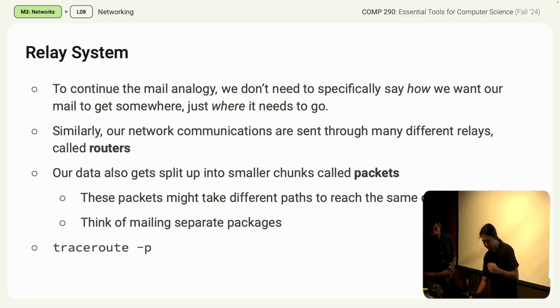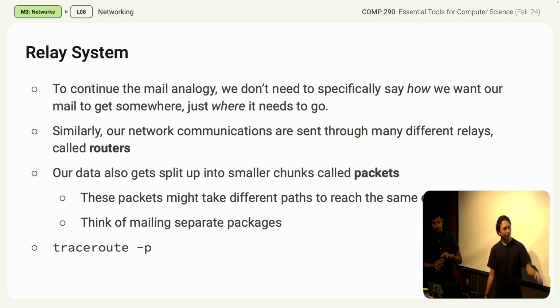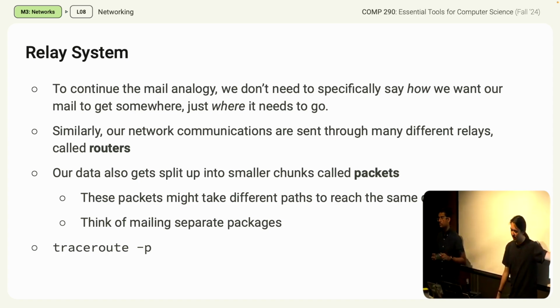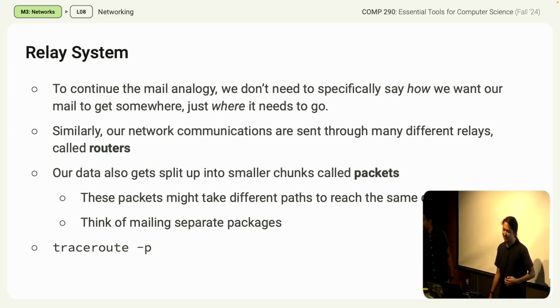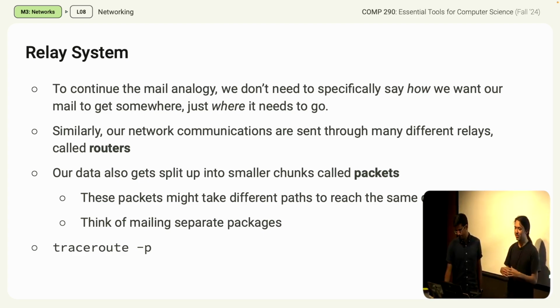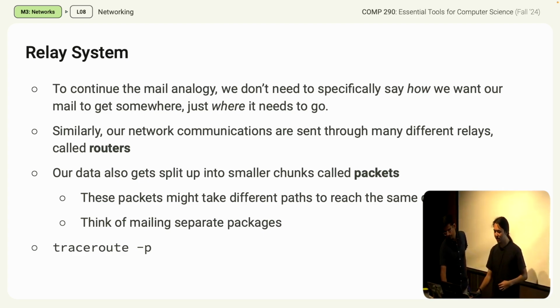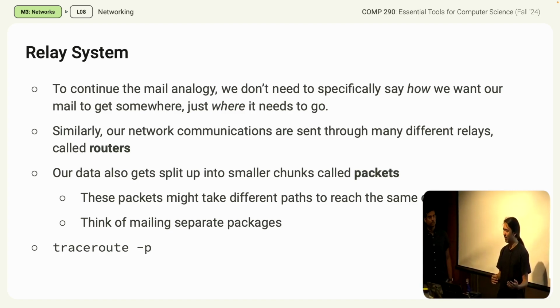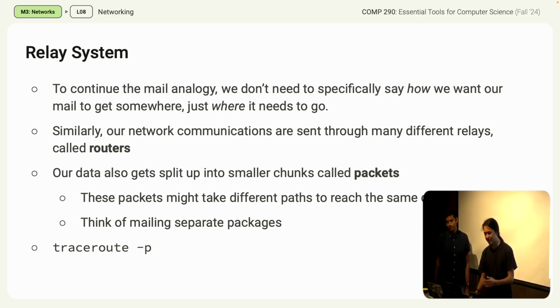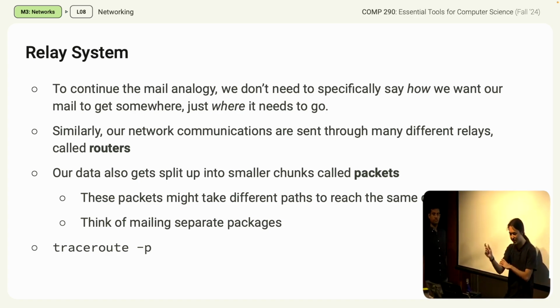And then this was mentioned earlier that this is not as key, so don't worry if this doesn't make too much sense, but the idea is that our data gets split into smaller chunks called packets. The point of these packets is that they might take different paths but reach the same destination. So if I'm sending a ton of data, maybe YouTube's sending me a ton of data, I'm watching a 4K YouTube video, that's a lot. It's not guaranteed that at any point, maybe we're traversing through 10 different routers before it reaches me. We don't know that those are always going to be available, or that one might not get overwhelmed or fall off the network. So there's this idea of packets where that video gets chunked up into smaller bits